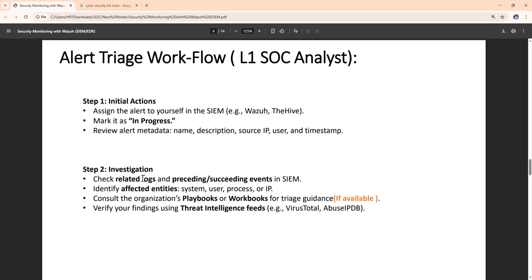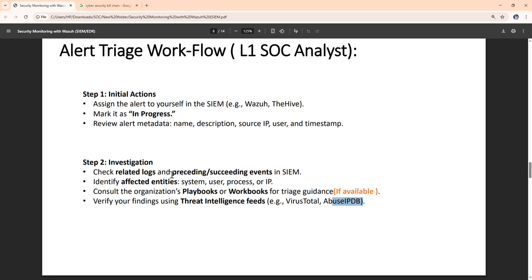You check related logs before and after to see whether this is an attack that is in progress or one that just ended, or whether it is just a false positive. When you identify affected entities like the system, user, process, or IP, you consult the organization's playbook or workbook to know how to move ahead. Then you also verify your findings using threat intelligence feeds. Like I said, you might go to VirusTotal or AbuseIPDB to get enriched information about your targets or the alert. Then once that is done,